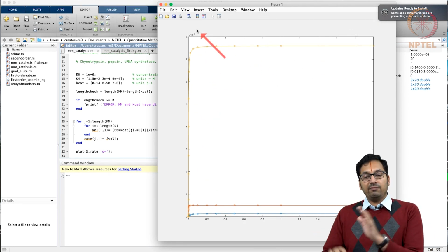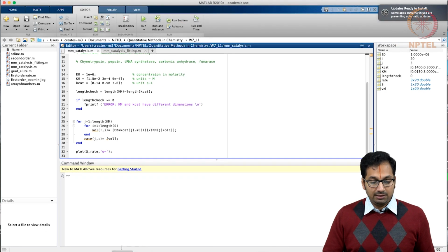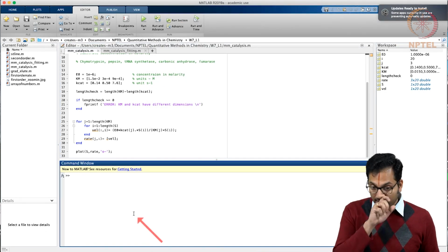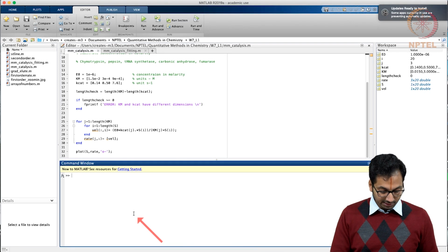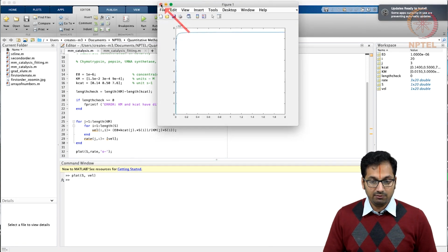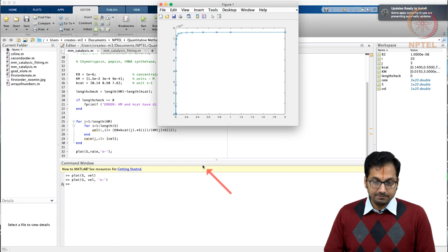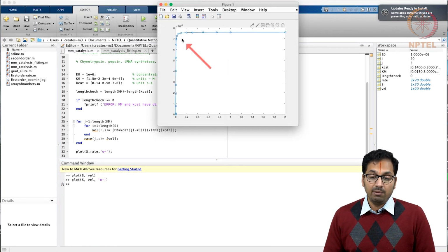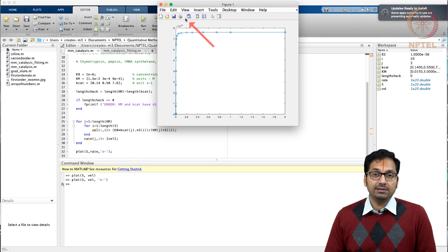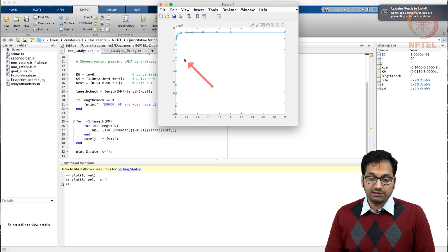Let's now forget the fact that we have simulated this data. Let's try to take the final one, the tRNA synthetase data. Let's try to plot S, and then we can say velocity. So you get this curve that we have just simulated a few minutes back, right? Now remember, the line here is not a fit, it is just joining the dots, the data points that have been acquired. Now if one has to determine what is the Km and Kcat, this has to be fit to